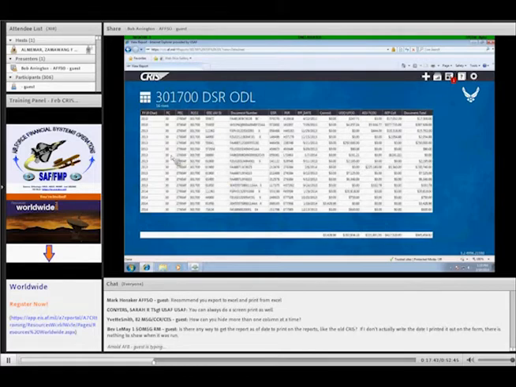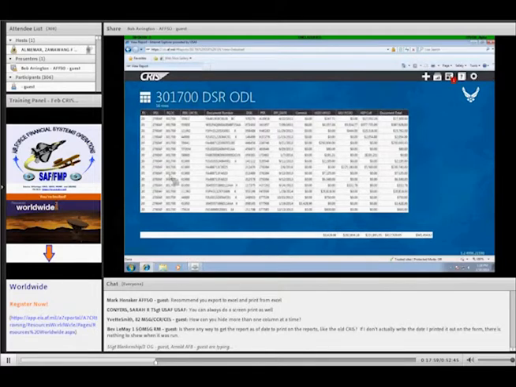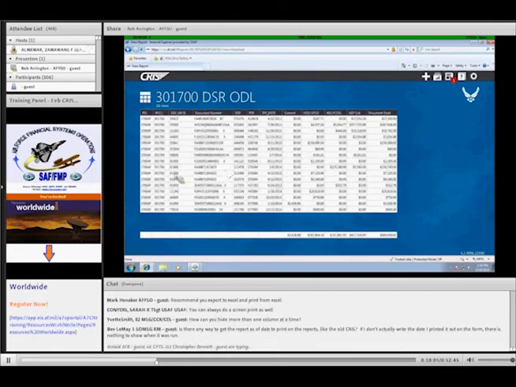Maybe I don't need to see my fund code and my FY. I know it's all FY, I've already looked at the FY. I've got 2010, 2013, 2014 data. Maybe I'm not too concerned about that right now, so I could hide the FY column. I could hide my fund code column by just right-clicking and selecting Hide. That gives me more room on the screen, okay?